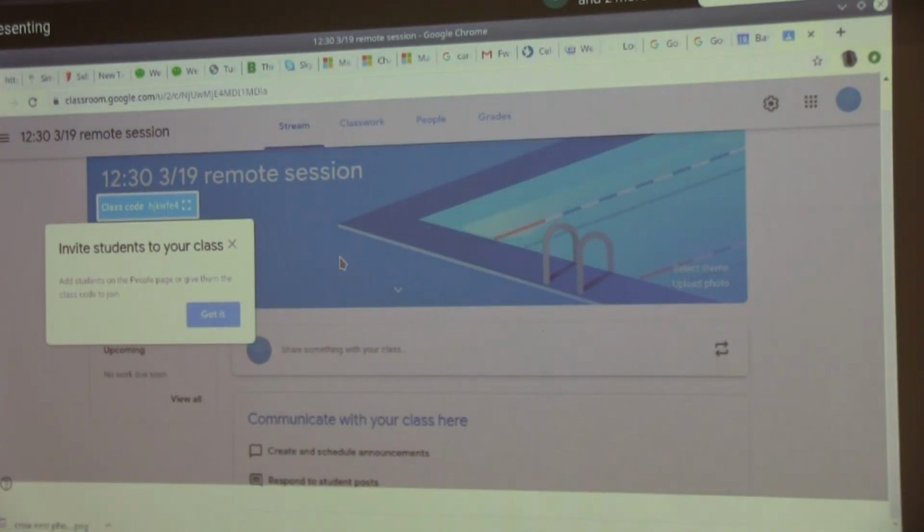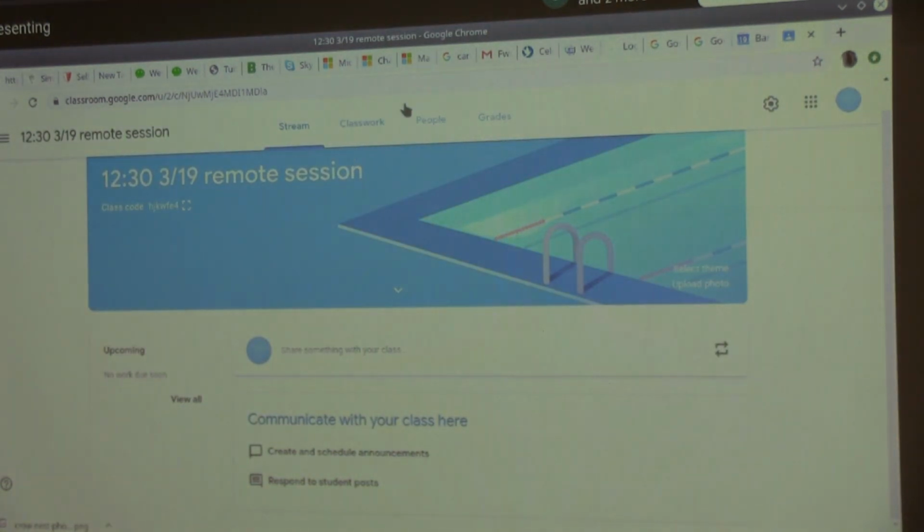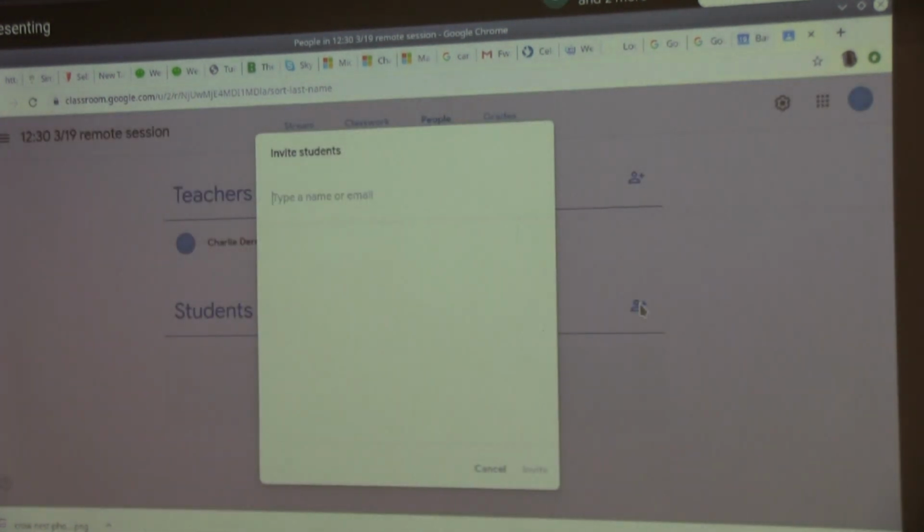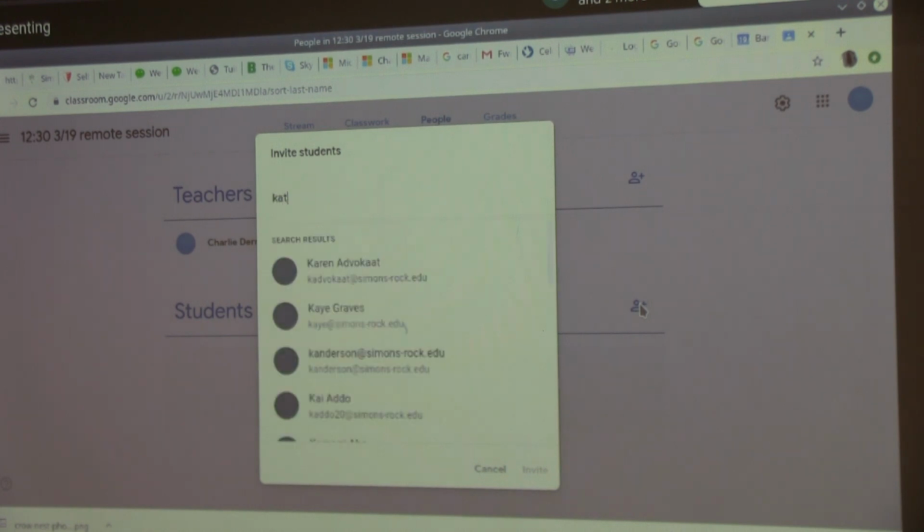And if I invite students to your class, so again, this is where I was going to go, but it's already got the little help section there. Add students on the people page or give them the class code to join. So I'm just going to go up to the people page here and add students, or you give them this code, HJKWFE4, to join. But if we invite our students here,